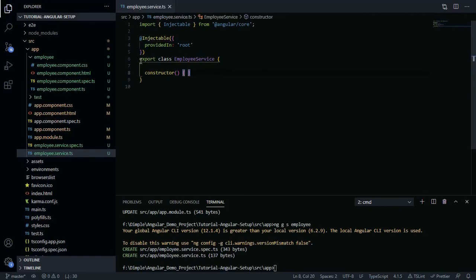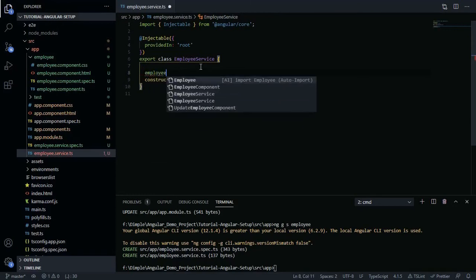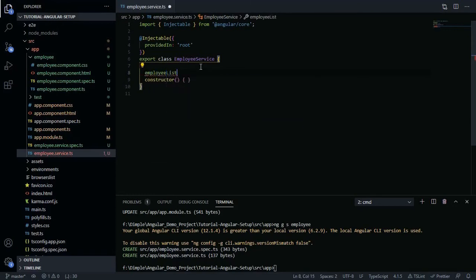Now first we create an employee list. So I create one variable, employeeList. Okay, now I told you that the employee model will contain a set of properties: ID, name, designation, contact number.